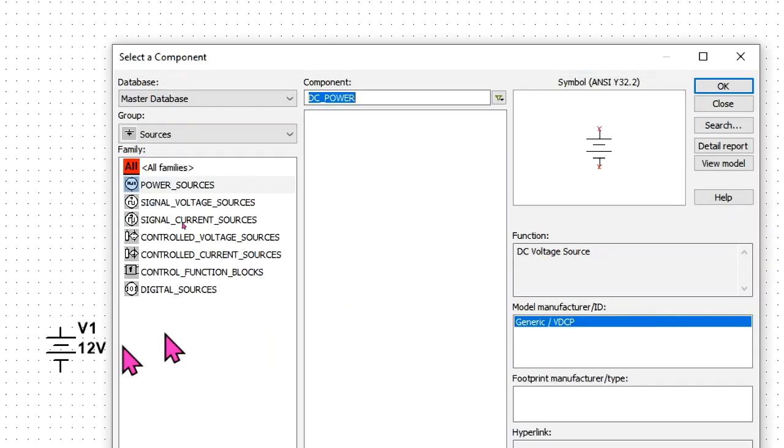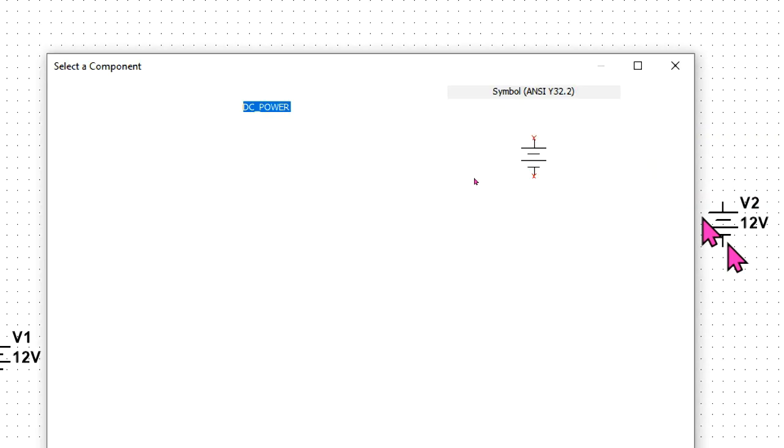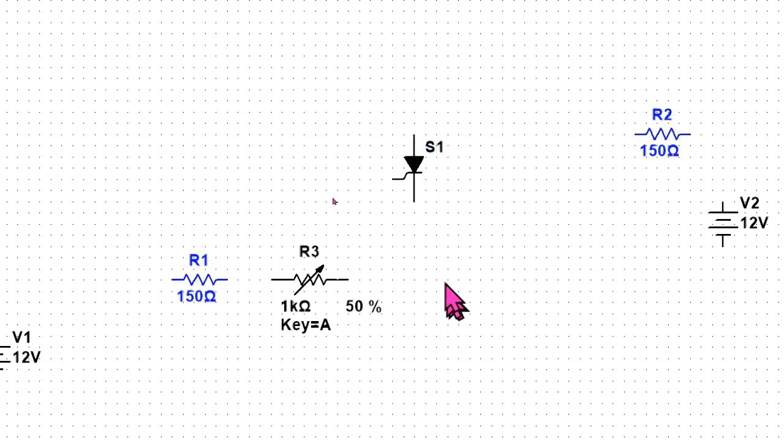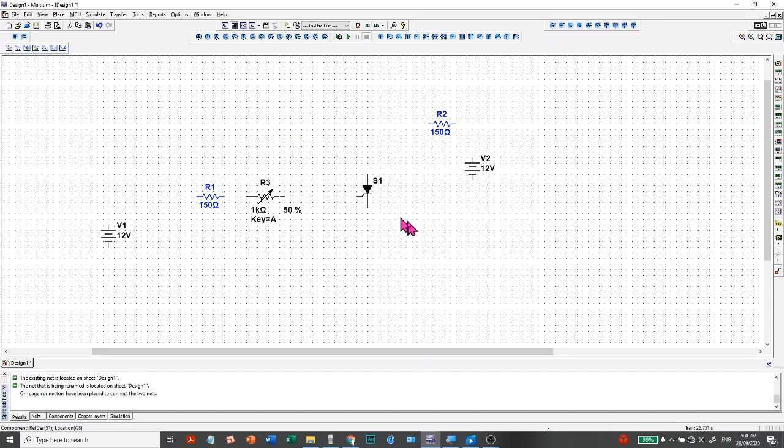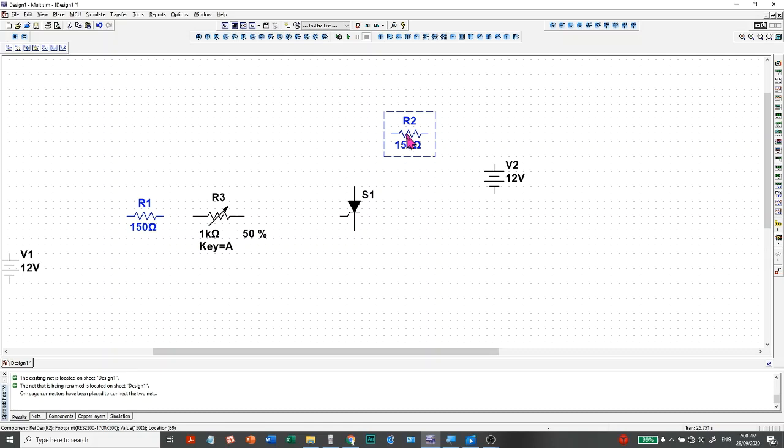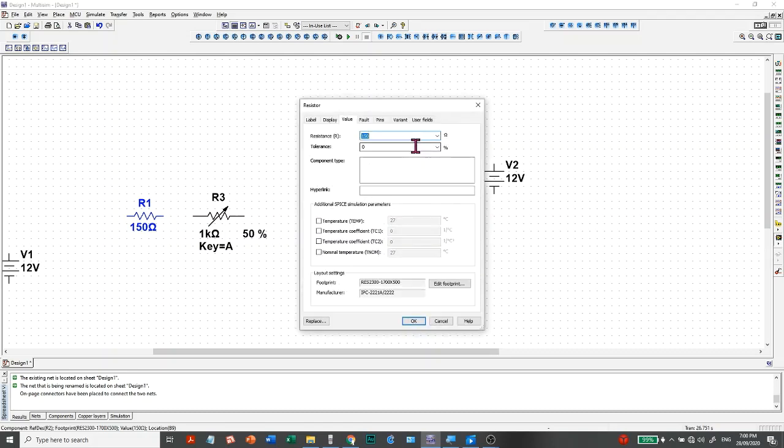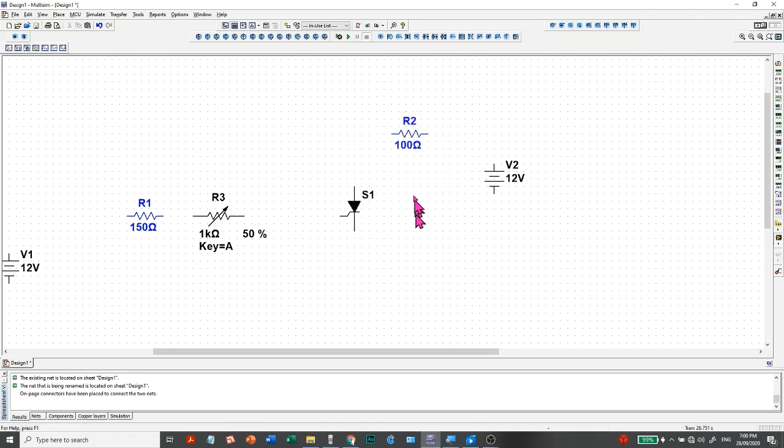We'll have 2 DC power sources for this case, and I think that's enough for this example. Okay, so let's position them. Let us say we have a 100 ohm load, assuming that we have a load, and that's what we are